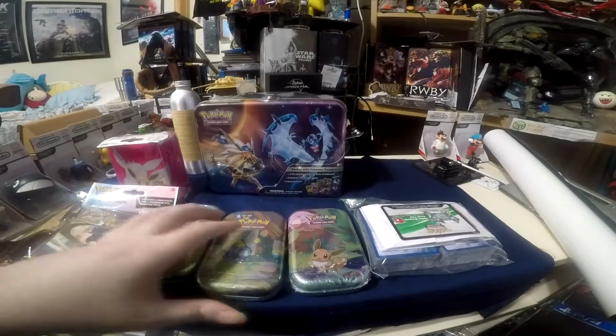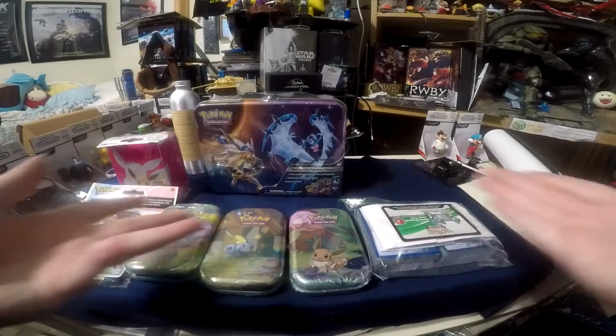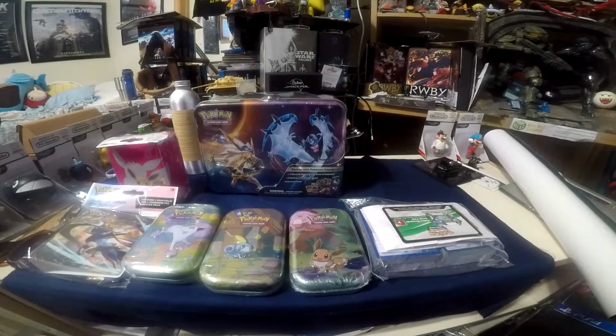To just one unboxes a lot of Pokemon trading cards. And they're fun, and here we are unboxing a lot of Pokemon trading cards. I'm going to be making a video to follow up on this